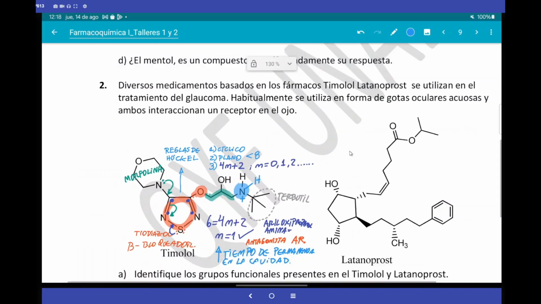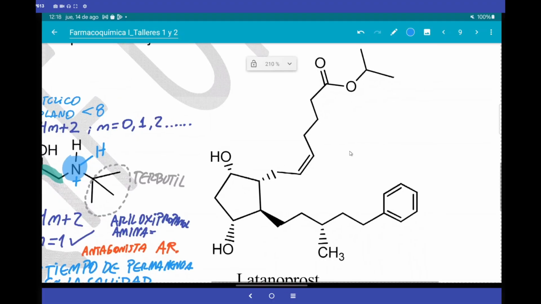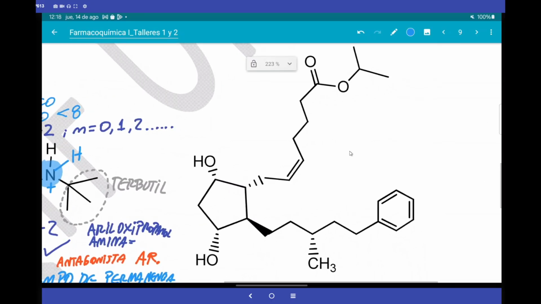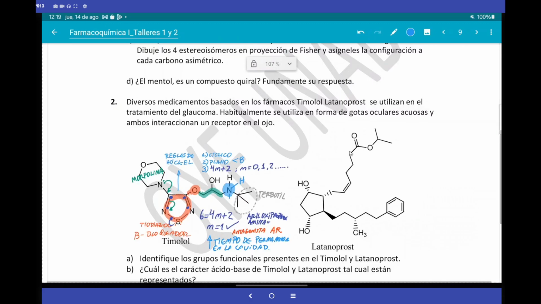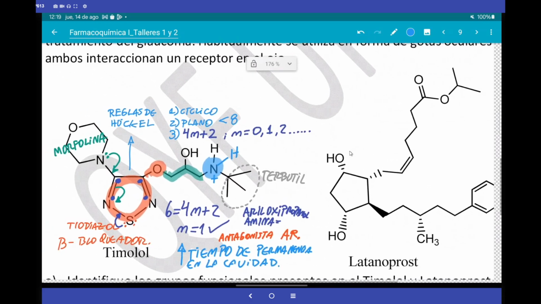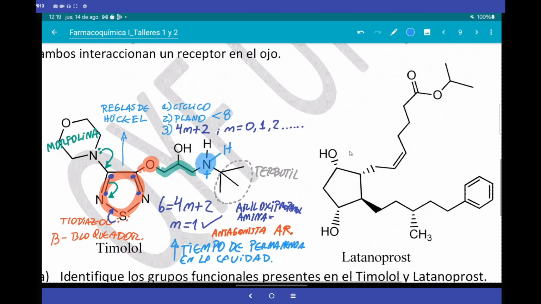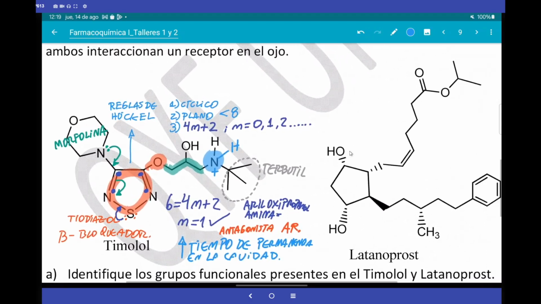We are going to the last one to finish this before closing the block, and this is called latanoprost. It is a drug used for the treatment of glaucoma like the previous one, but this is for one that you want to see. Look, question: these two drugs, timolol and latanoprost, are used for the treatment of glaucoma, that is, for exacerbated intraocular pressure. What is the problem with that? A lot of intraocular pressure causes the retina to be damaged, and the person goes blind. So it is not only a question of pressure, and the problem is that it is a silent disease.